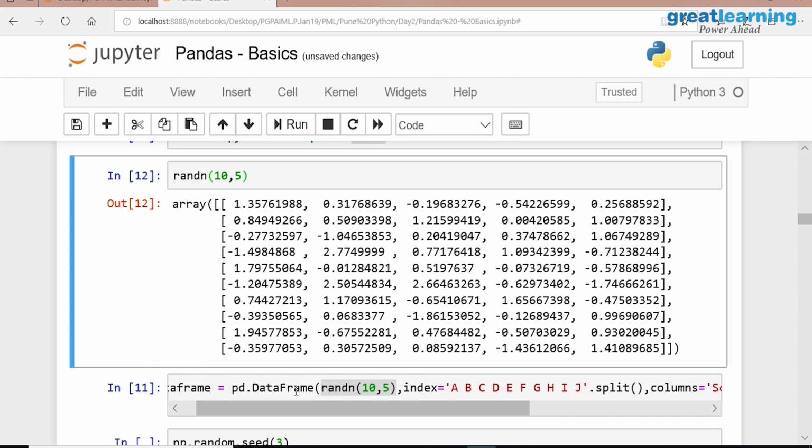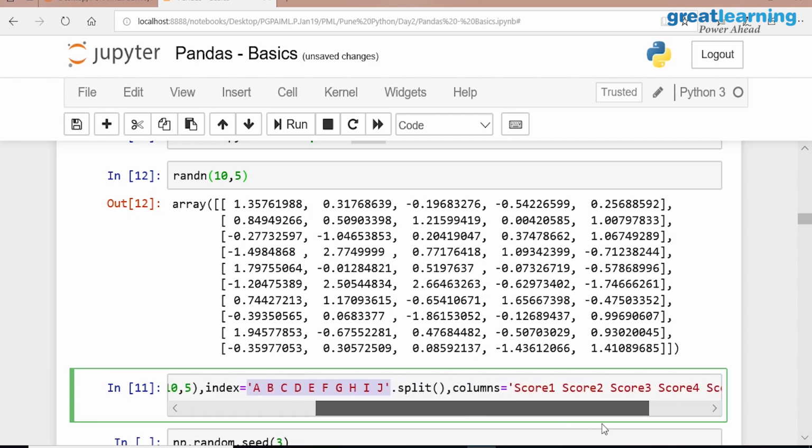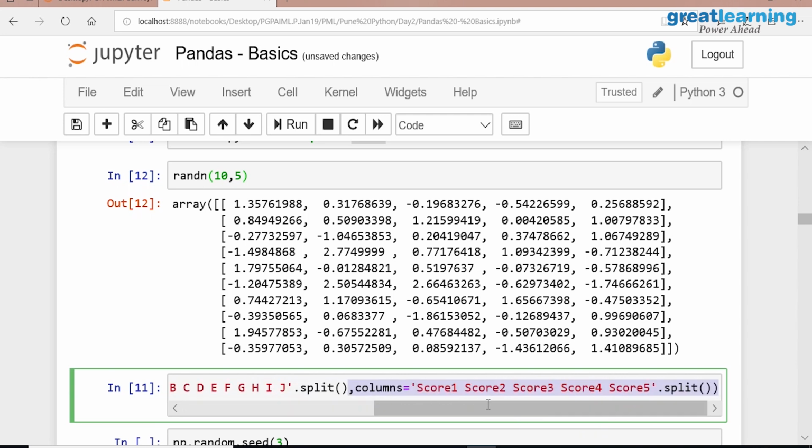What I am going to do now, create my data frame. These are the values, okay? And in these values, what is my index? That means what are my row names? How many rows am I going to have? 10 rows. So I am giving 10 index names. Okay. Directly I am using the split function here.